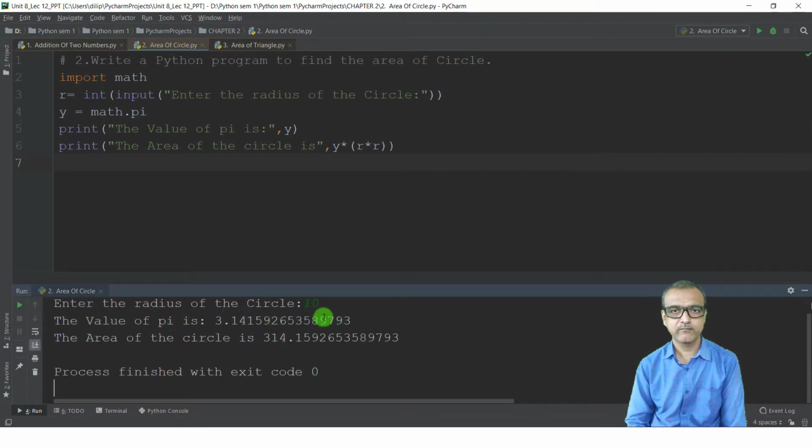Now multiply 10 by 10 by 100 and multiply the result by pi. So the area of the circle is 314.159 and so on. So this is the required area of a circle having radius equals to 10. You can check the output of this program by taking different values of radius of a circle.